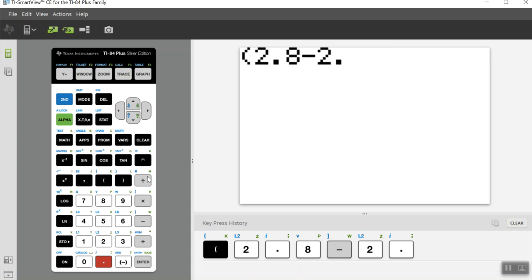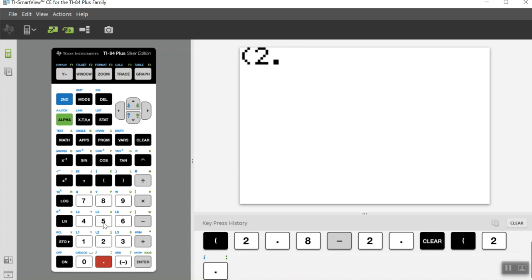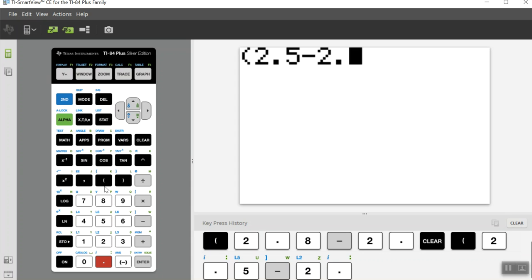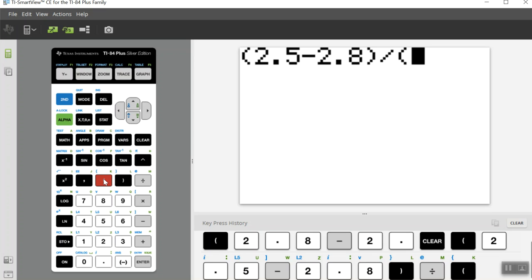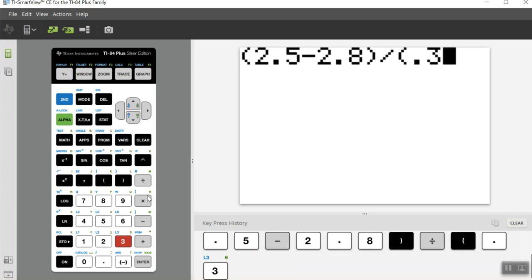Oh, I got that wrong way around. The sample mean was 2.5 minus 2.8. The population mean, divided by the standard deviation of the population, which is 0.3,